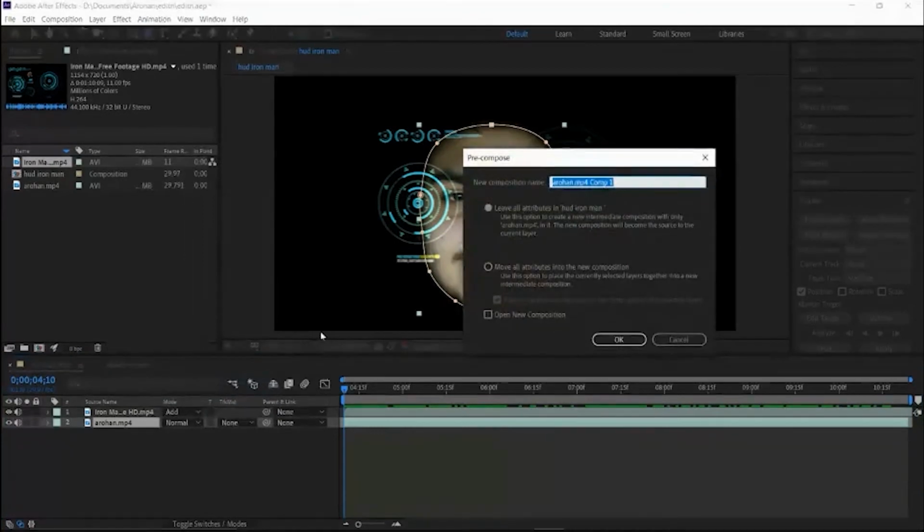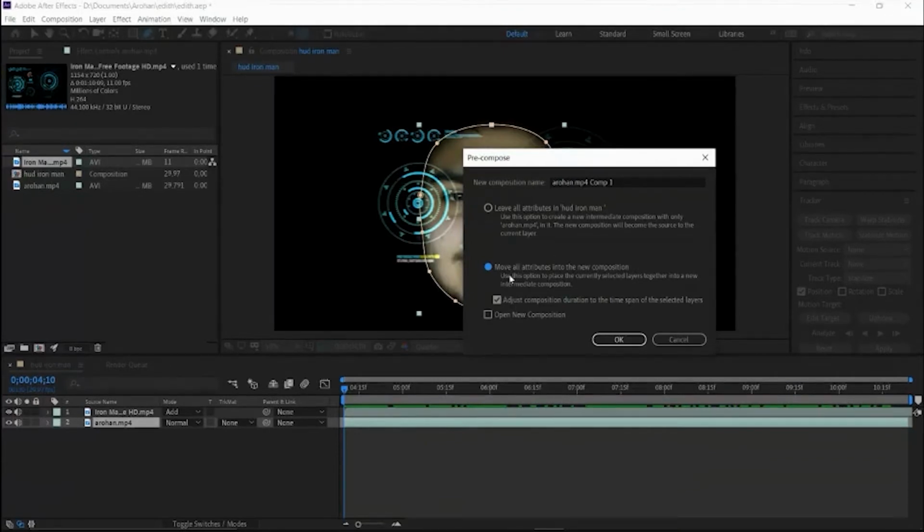Now what this option does is basically create another composition with only the video inside that you have selected to pre-compose. So we are going to do that. Make sure you check the option move all attributes into the new composition.